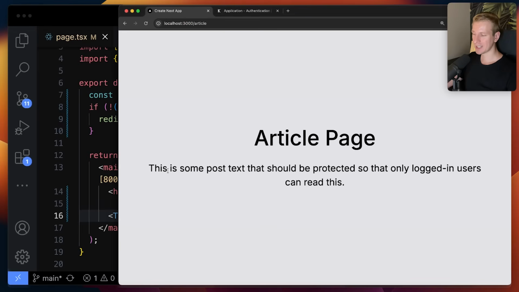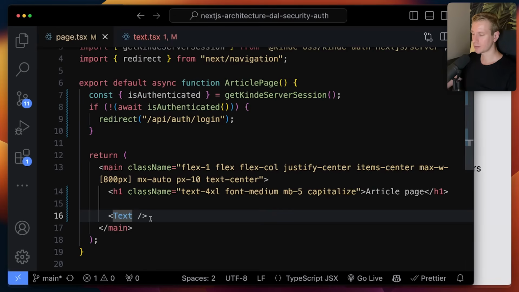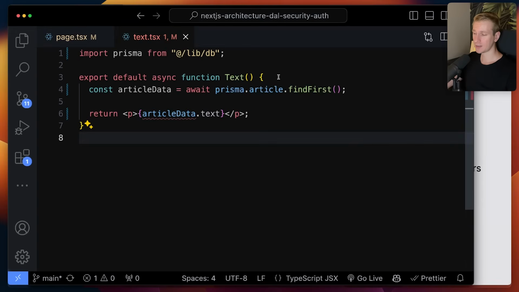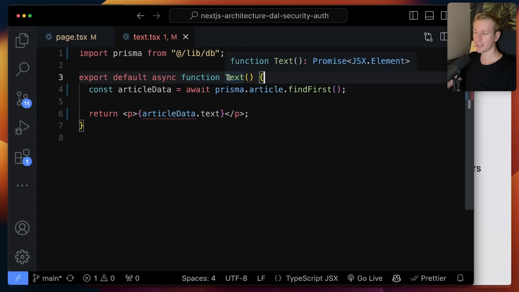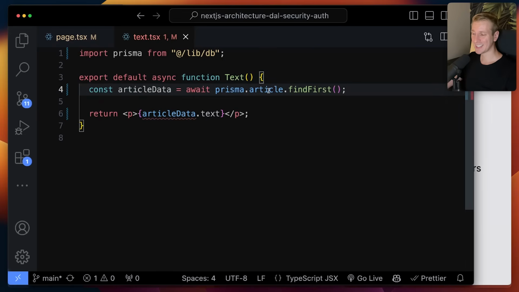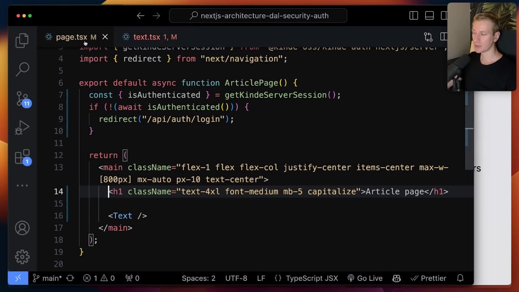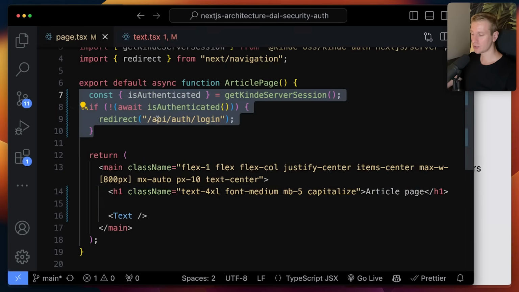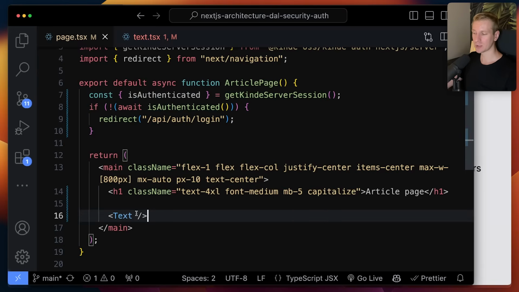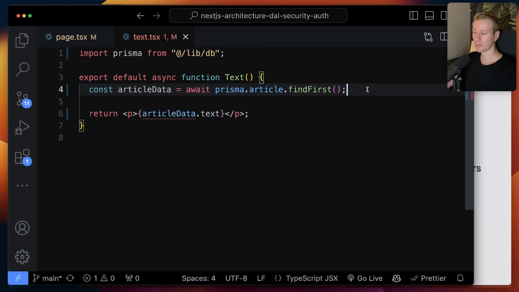You can see we get the same result, but we have just refactored this a little bit. So we have a dedicated component for the text. In a real Next.js app, you could very well have a separate component where you actually get the data. And this is the important part, because now there is more of a gap, right? Here we are doing the authentication check, but where we actually access the database is now in a separate place, in a separate component here. So far so good, but